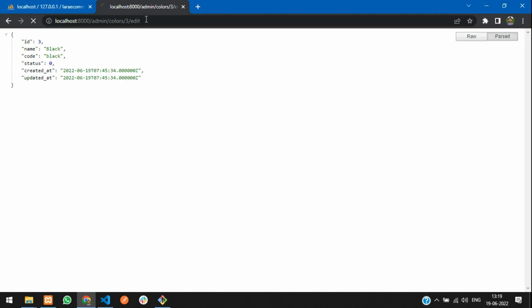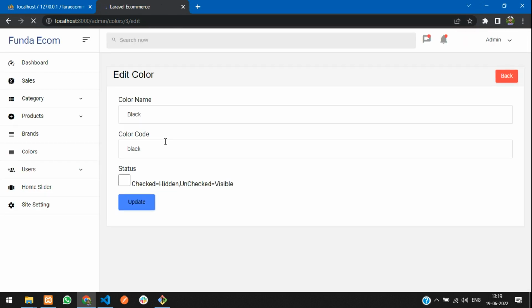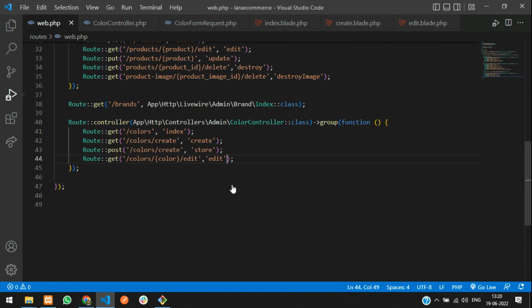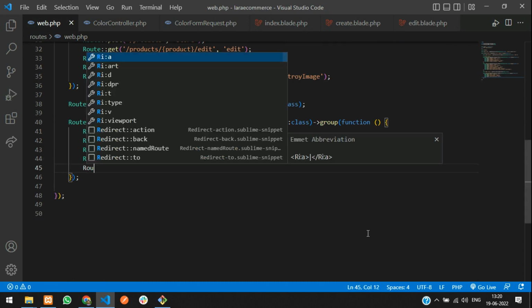And now if you refresh your URL on edit, it will give your edit color with the data. Okay, it's unchecked, so it is showing. So now guys, you need to check, let's update this record. Before updating it, you need to set up your update code. So method put and this is your route. Let's get back and create a route with the method put